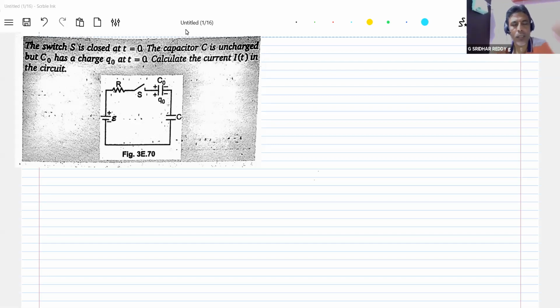Okay, now we'll do the switches. Initially, there's a charge in this capacitor. So initially, we have one capacitor charged, the other uncharged, then a cell is there. Let Q naught be less than C naught E, the value. We'll assume this situation: a charged capacitor, another uncharged capacitor. So the moment I close the switch,